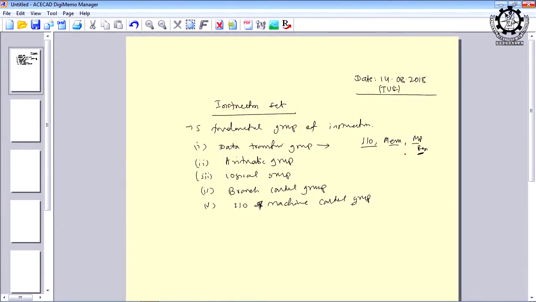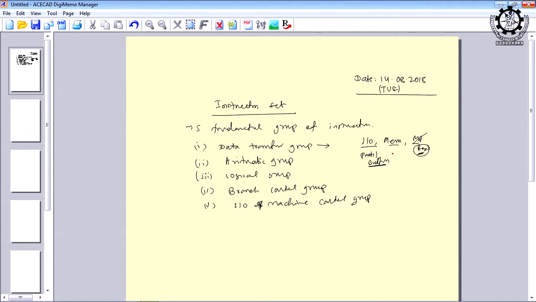Because whenever we write an instruction, there is no way to directly specify the microprocessor. Therefore, registers. So, as far as the instruction set architecture is concerned, instead of microprocessor I will say registers, memory, and instead of IO, I will say ports and buffers. These are the entities where the data will be transferred.